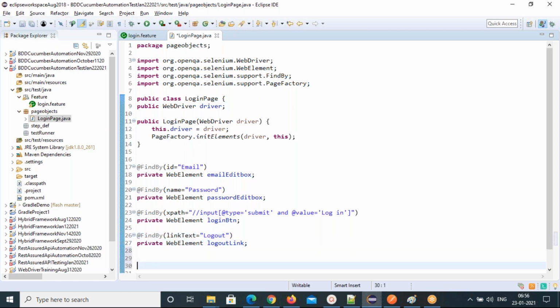Then we need to write the respective methods, right? What are the methods we need? I'll write independent methods, all public. So void setUsername or setEmail, whatever it is, setter methods, and String username.